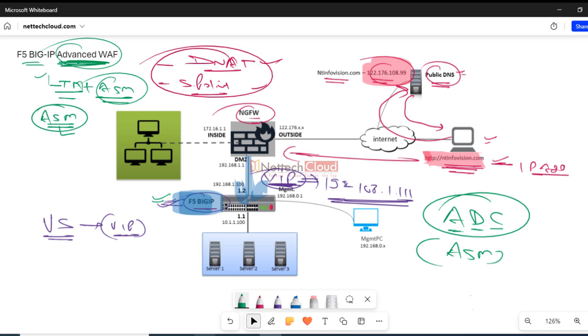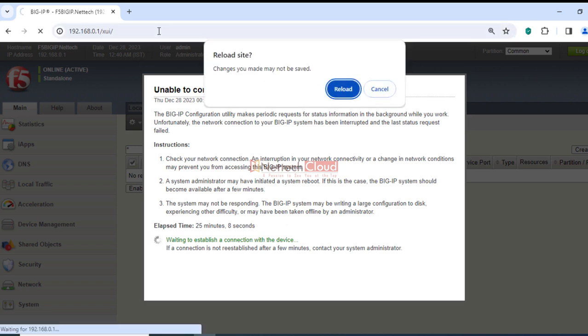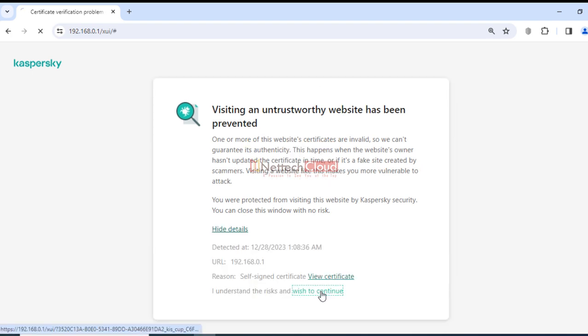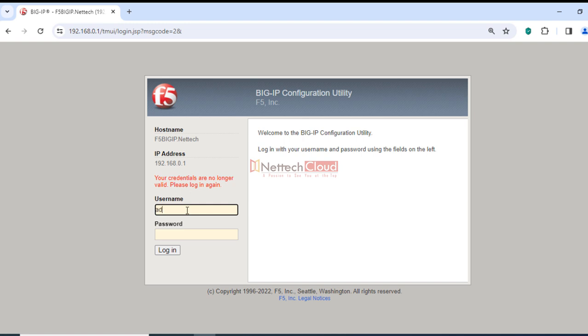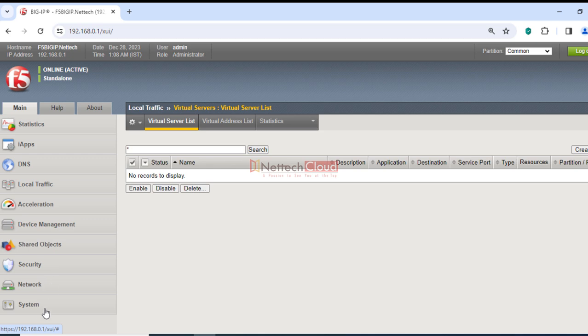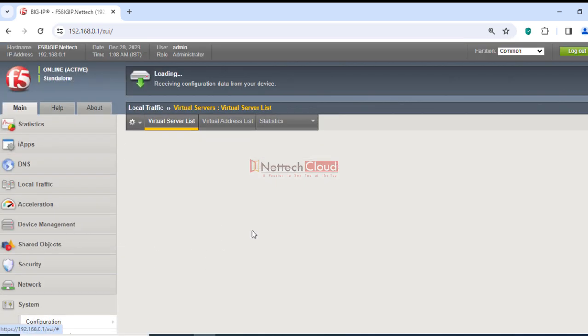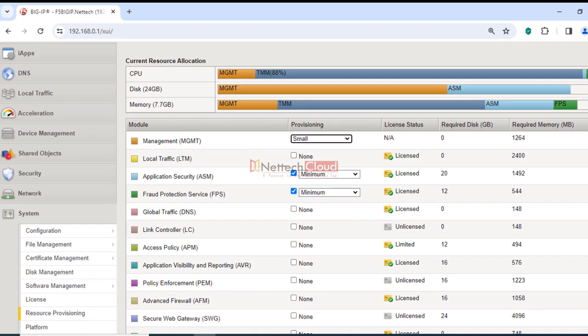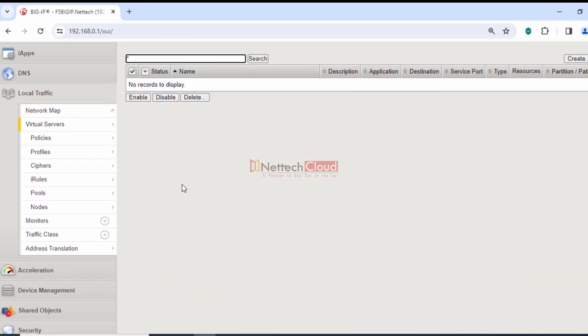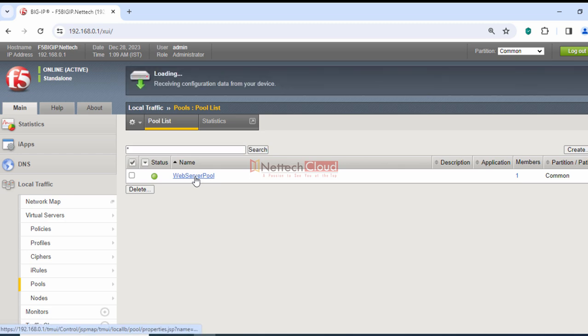Let me quickly show you. Let me log in here. I'll show you the basic features of LTM. If I open the resource provisioning page, you can see here ASM and FPS both licensed and provisioned. But what about LTM? None. LTM is licensed but not provisioned. So we are using the ASM and FPS, or fraud protection services, software blades here. But if I show you this virtual server option, and even in pool, there's one pool here, you'll find